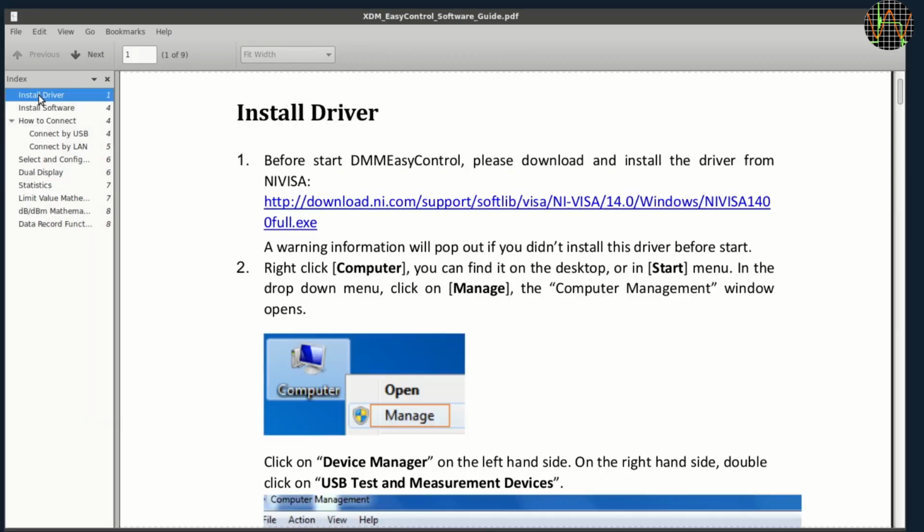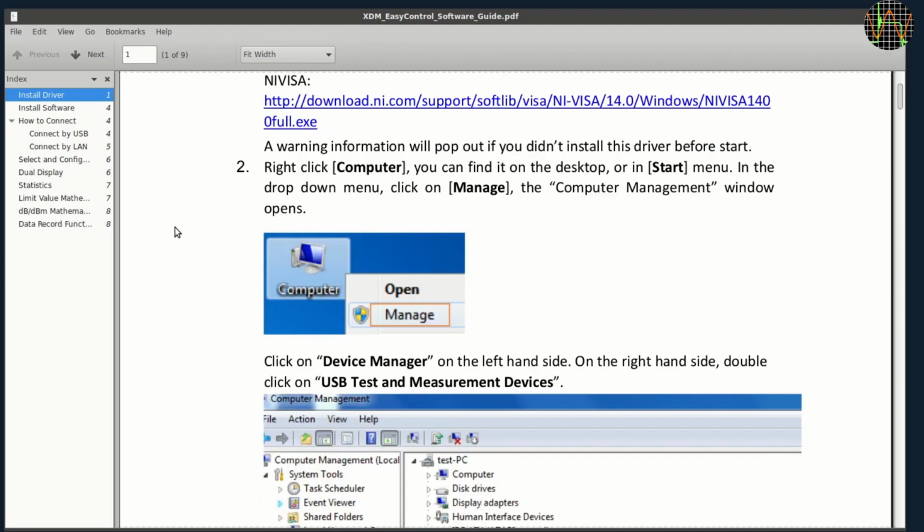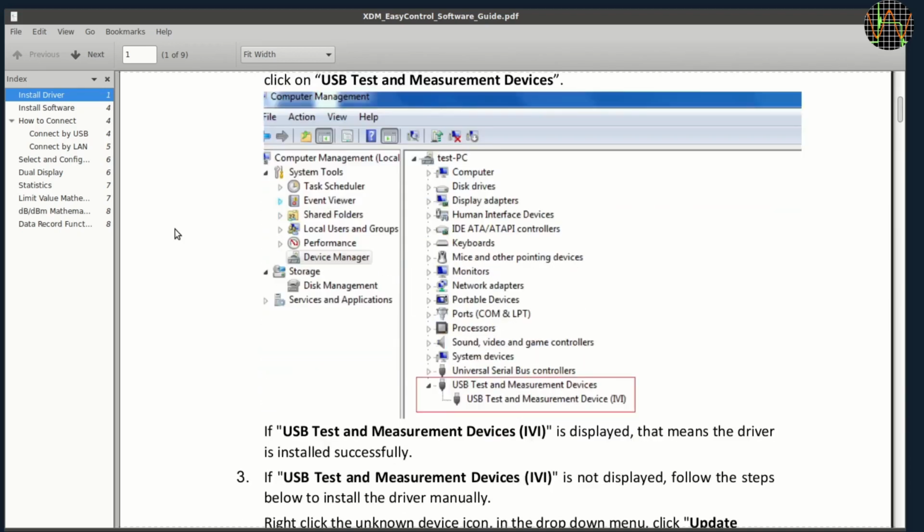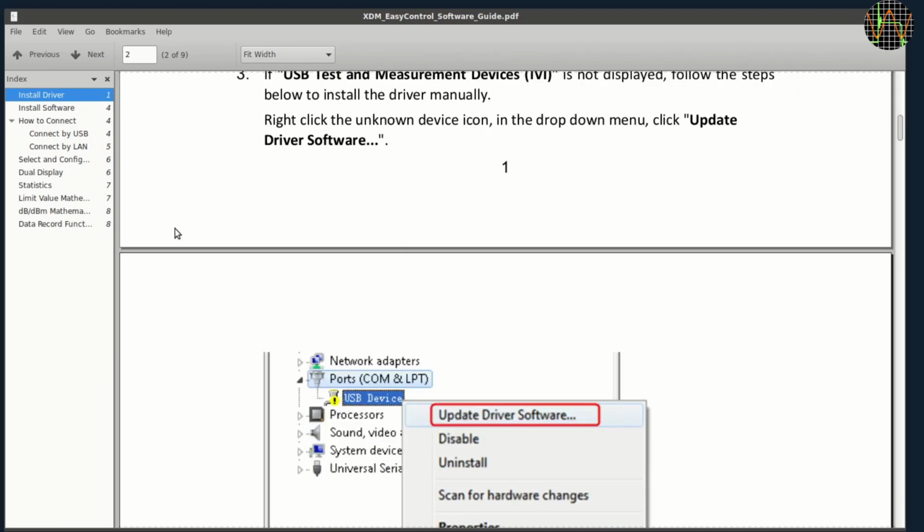I have to warn you that if your machine has not already been used for LabVIEW and such things, installing this takes a lot of time because you will need the NI Visa driver, which turns out to be a whole suite of software, all completely irrelevant for a simple serial port. Yet, to get the simple DMM Easy Control running, you need it, and the NI Visa suite in turn needs the runtime of Microsoft Visual Studio installed, and some other stuff.